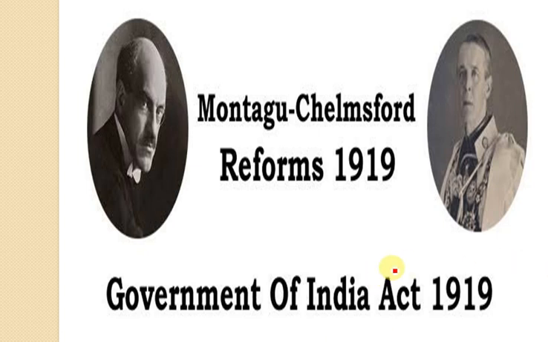Today in this video we will study about the Government of India Act of 1919. We will also study about the features of this act and we will see the changes made by the British government in India. Basically on August 20, 1917, the British government declared for the first time that its objective was the gradual introduction of responsible government in India. The Government of India Act 1919 was thus enacted, which came into force in 1921.